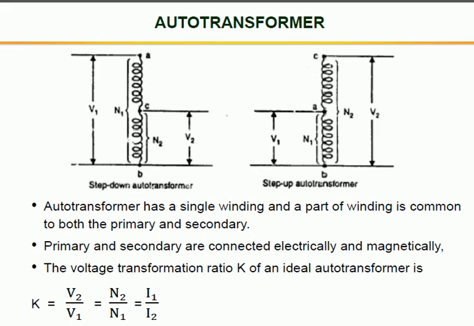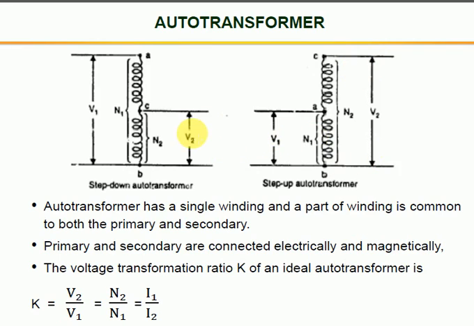In a two winding transformer we have only a magnetic link between primary and secondary, whereas in an autotransformer the primary and secondary windings are connected magnetically as well as electrically. From here we can see that we have a winding which is connected electrically, and this part of the winding is called primary and this part is called secondary. It is a step down transformer. Similarly in a step up transformer, this part is called the primary winding,